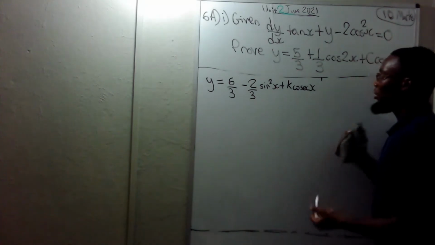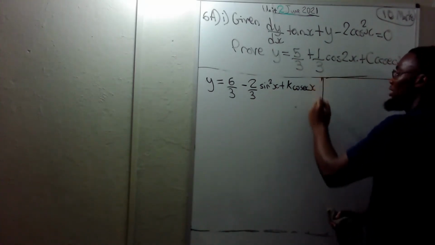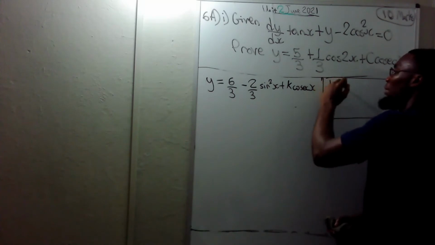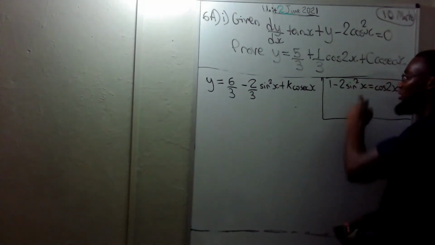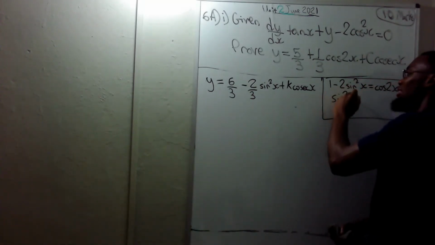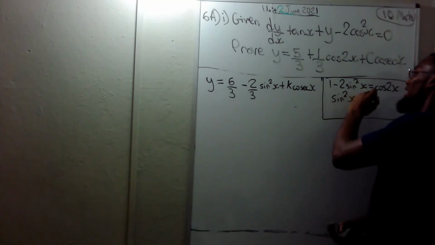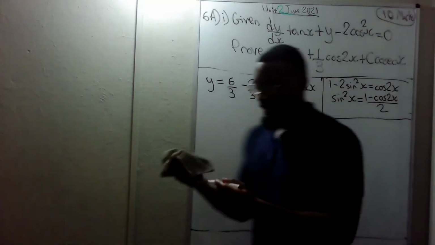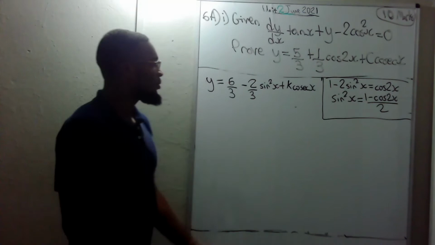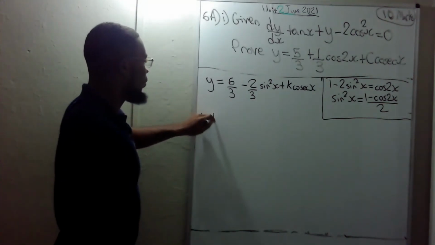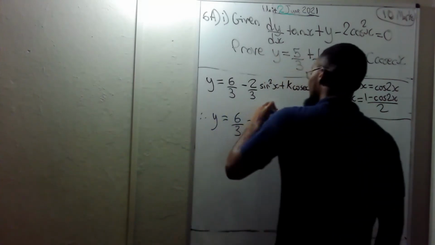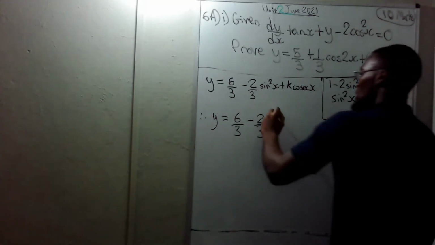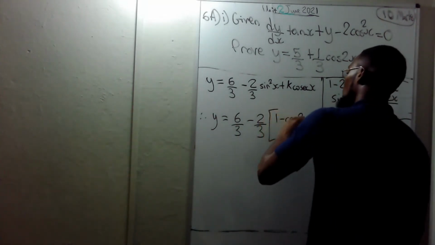And now what do we need to remember? Remember that 1 minus 2 sine square x is equal to cos 2x. So if we make sine square the subject, sine square x would be equal to 1 minus cos 2x over 2. Let's make sine square x the subject from that. So therefore, y is equal to 6 over 3 minus 2 over 3 times sine square x, which is 1 minus cos 2x over 2,